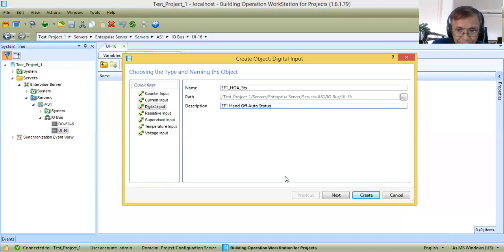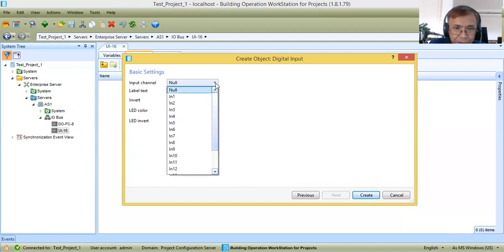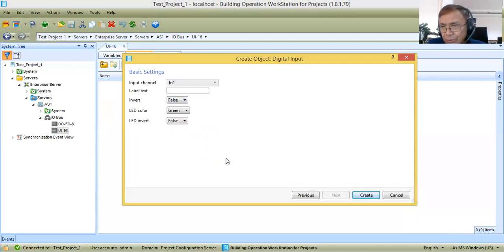Okay, so next. Input channel. Now, as you can see, this universal input has 16 channels, or 16 input terminals. So I will say here in one, meaning this is the first input channel for this I/O module. So I will just create.